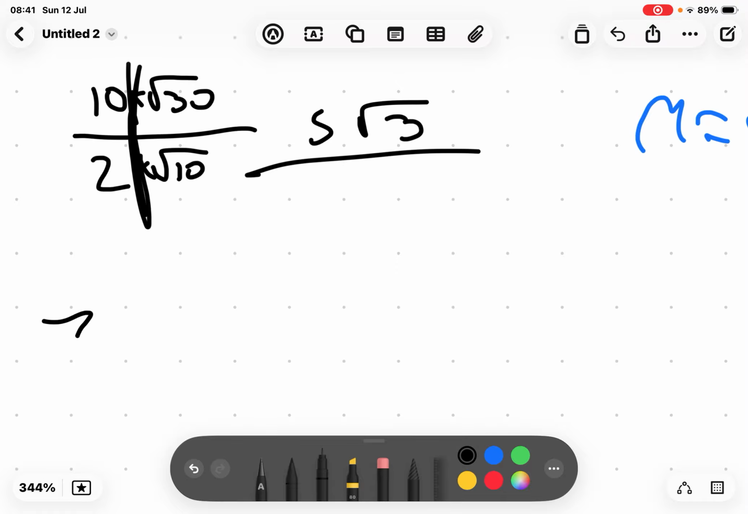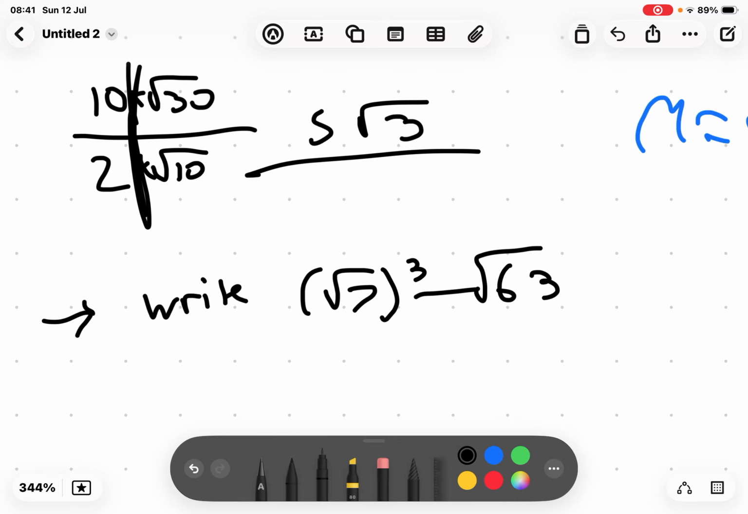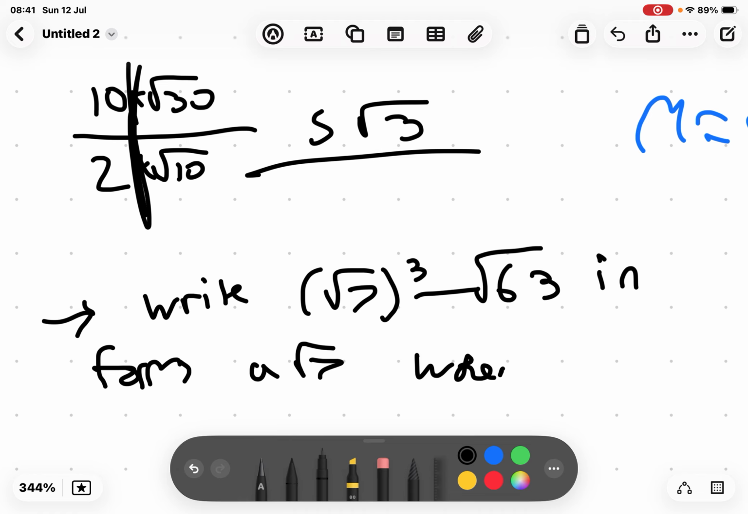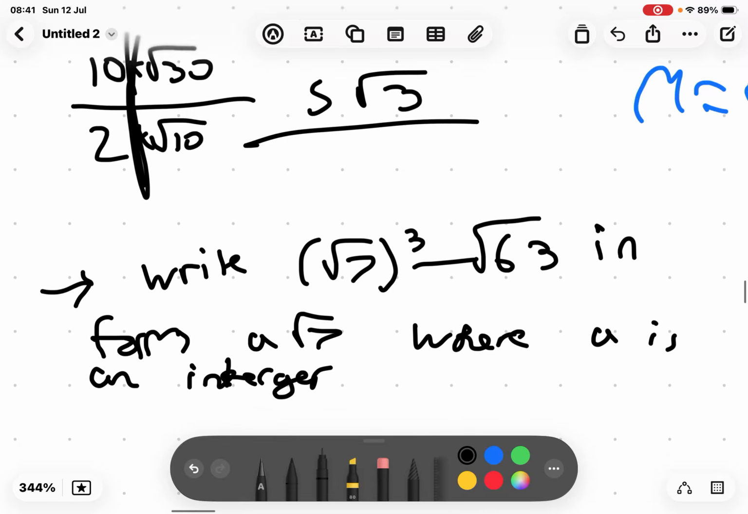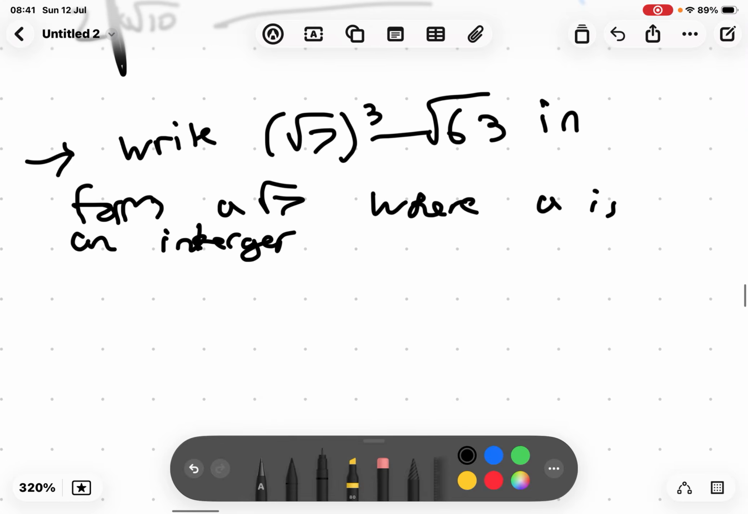And then here's another, right. Square root 7, 3, take away root 63 in the form A root 7, where A is an integer. So this is basically easy. So look,